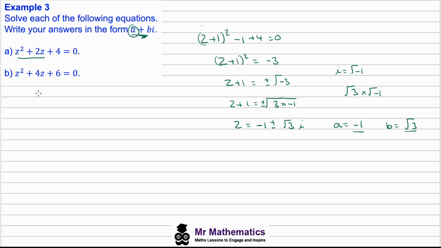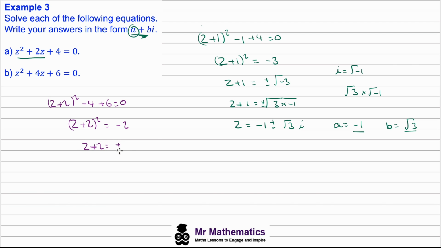So for question B, again, I'm going to use the method of completing the square. We'll half this 4, so we get z plus 2 squared. We'll complete the square by taking away the 4, then we'll add back in the 6. This will equal 0. We'll move this positive 2 to the right-hand side, so z plus 2 squared will equal negative 2. We'll take the square root of both sides,